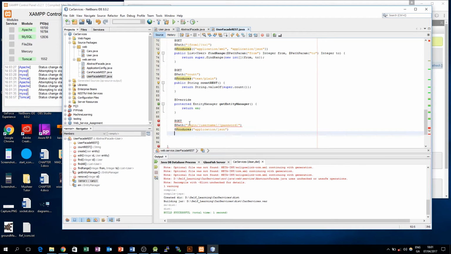And the next thing we're going to do is create our method public, and we're going to return a user. We're going to also call it login. And in here we're going to get the data that's passed in on the URL. So we're going to go at path parameter